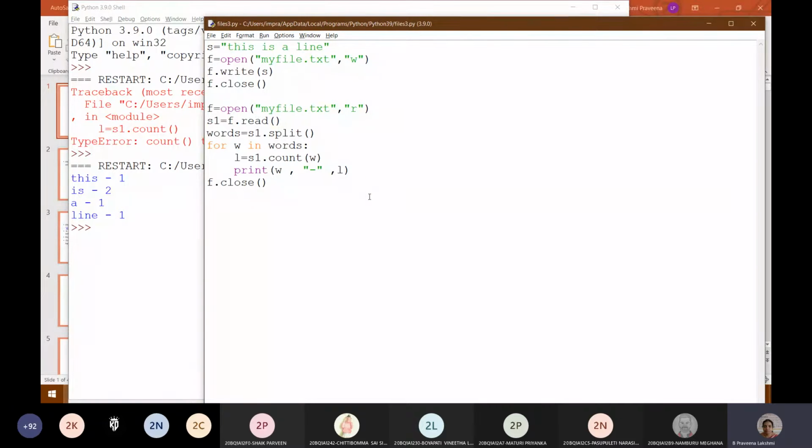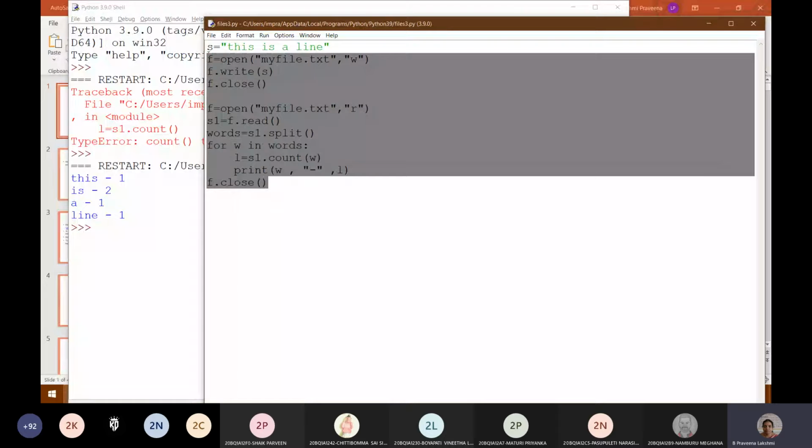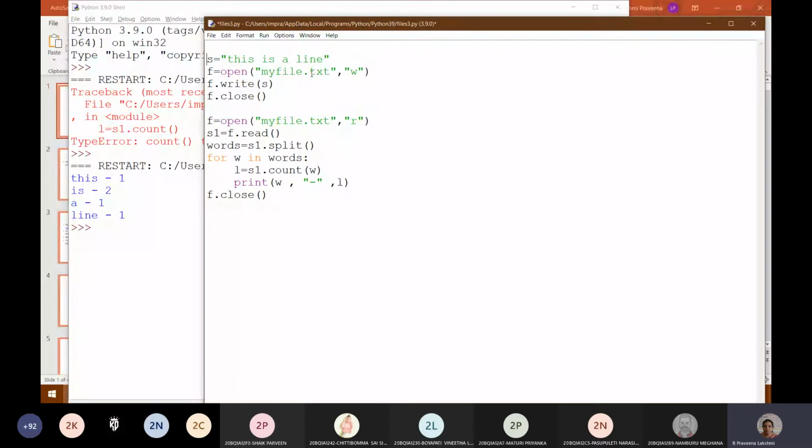Okay, if anybody wants, I can write down this program or I will copy paste this to the group. So group లో